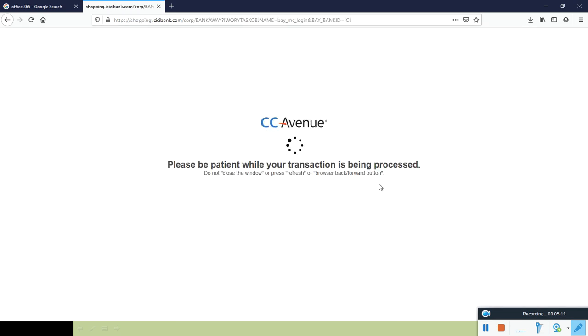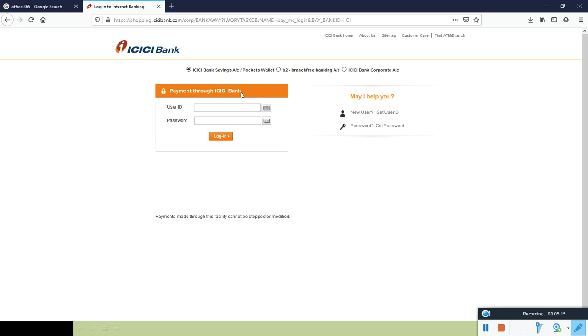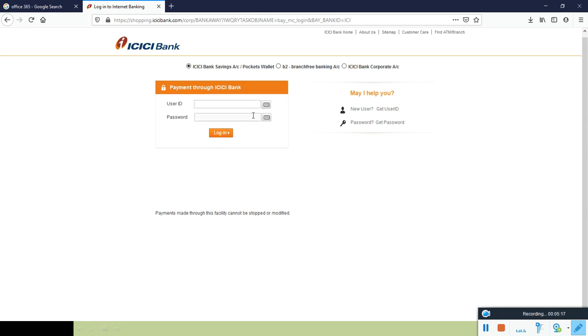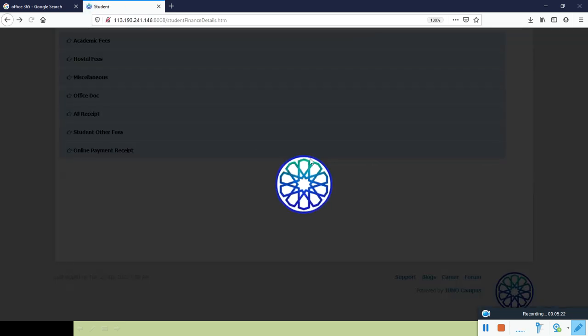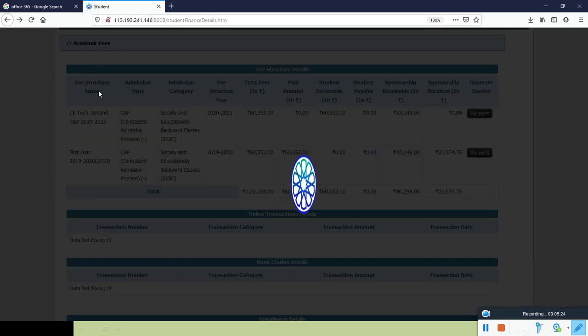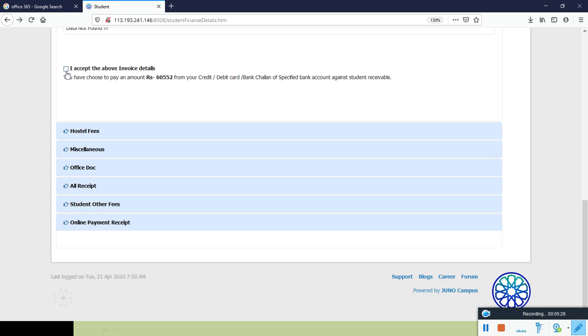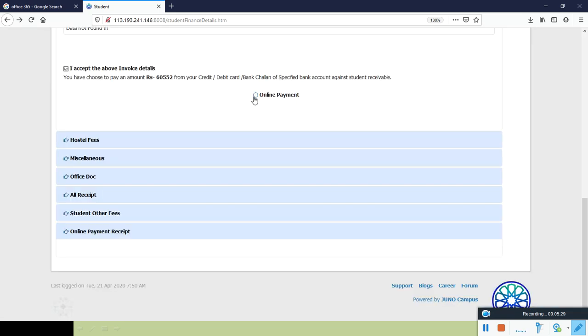Enter all your login credential information, and you will get the payment confirmation according to the need.